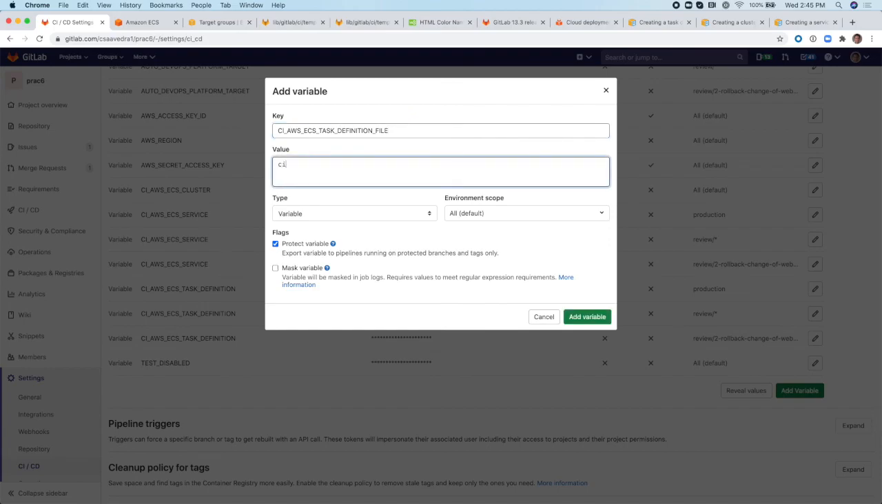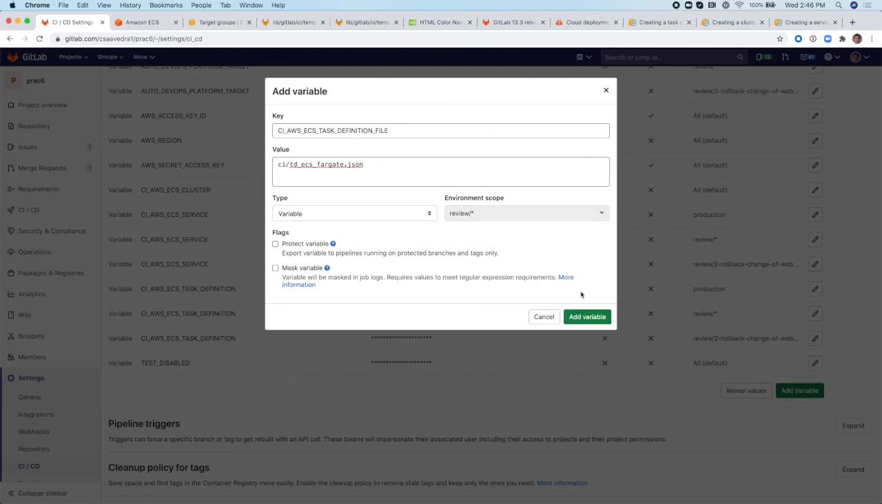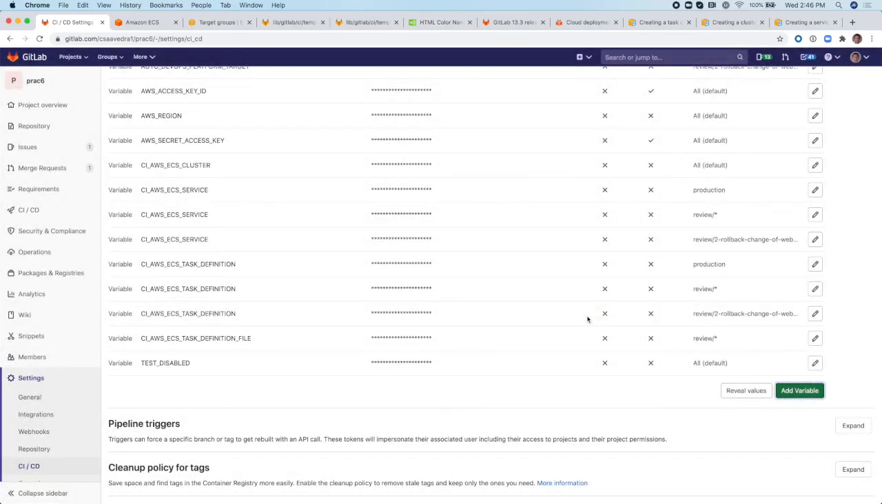And then the value is going to be CI, and then the file name is td ECS Fargate.json. Oh, and then we want this to be used there. td ECS Fargate.json. Right now, I have a running